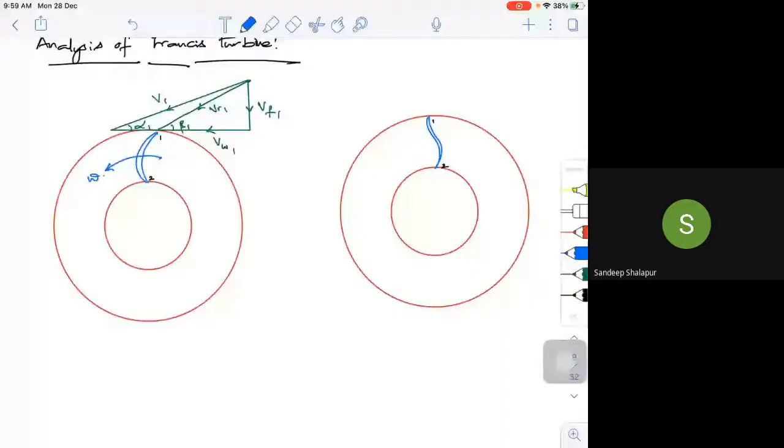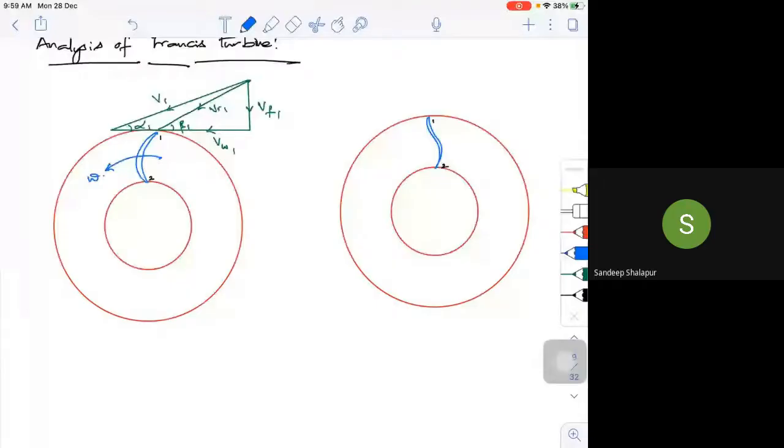So I'm trying to draw a velocity triangle. At this particular point, this is my direction of rotation, equal to omega or N. Now, usually in the case of a Francis turbine, you will have a right angle triangle at the exit, point 2. So I have a simple right angle triangle at the exit, something like this.